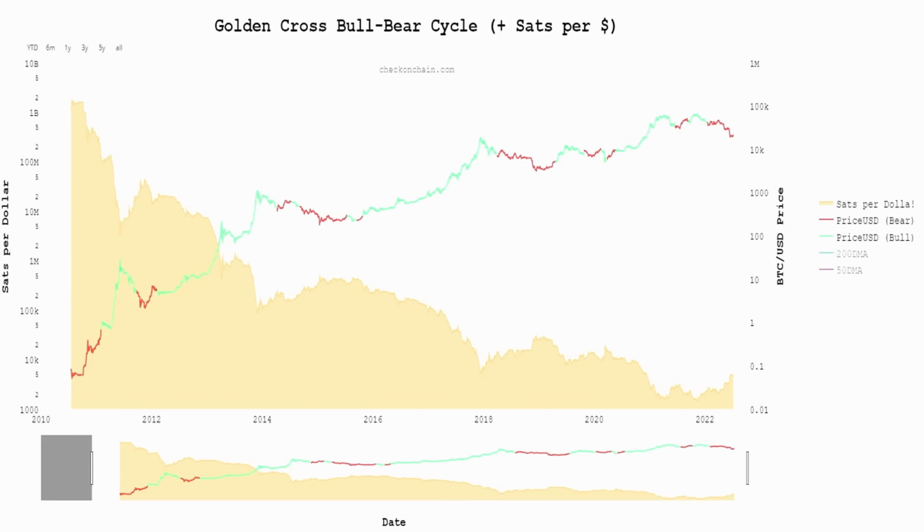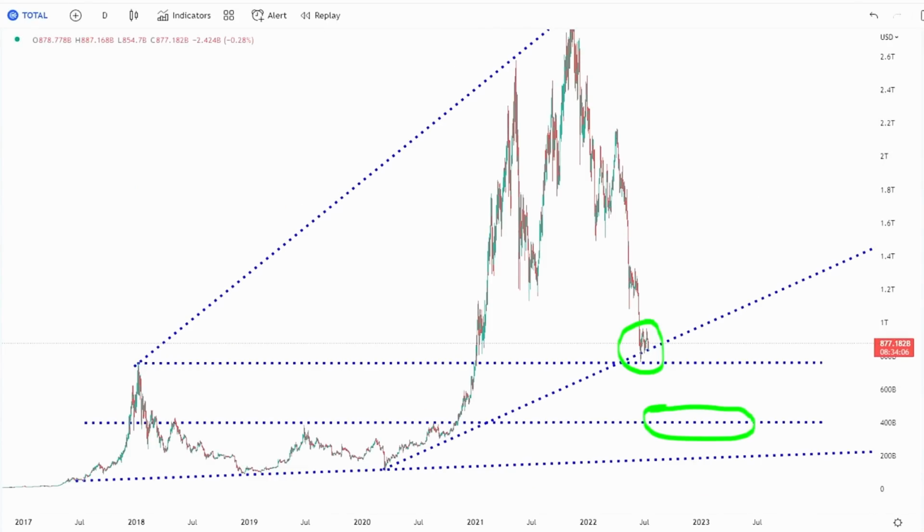So the next one is crypto market cap. This is the market capitalization of all cryptos: Bitcoin, Ether, shitcoins galore. This is the linear chart, not log. You'll see that if you connect the highs, oh, damn it, I should have scrolled down a little bit. But it's funny that this resistance connects the highs. Interesting. And then you can draw some base support. Now, we've got two base supports.